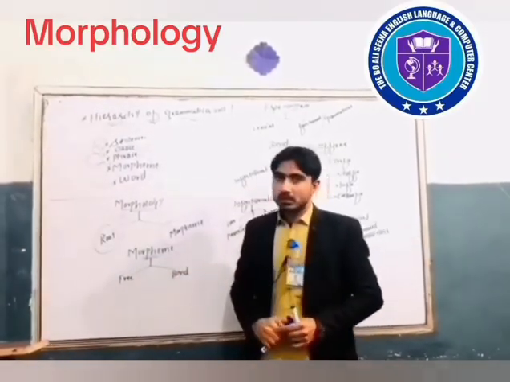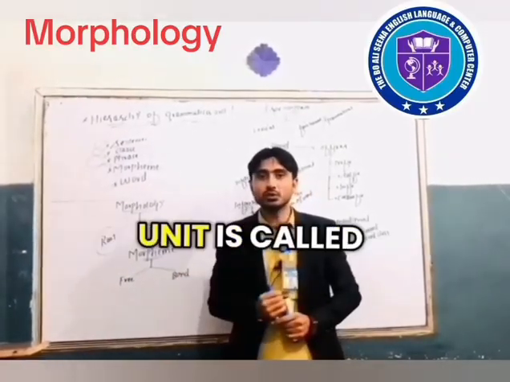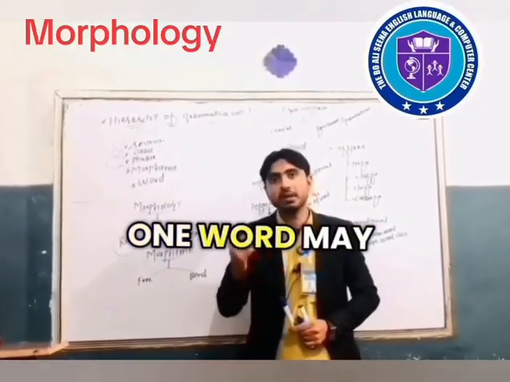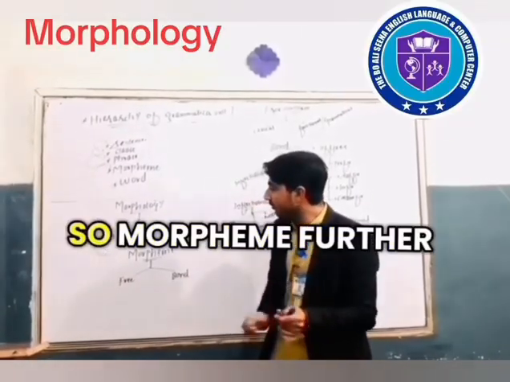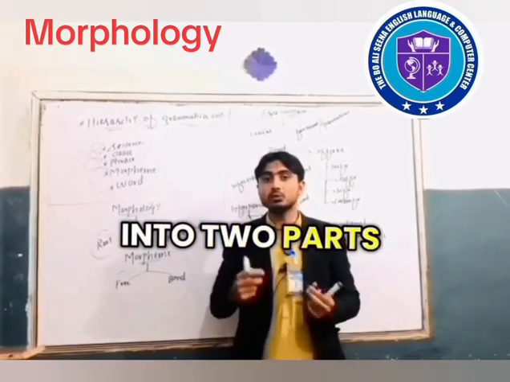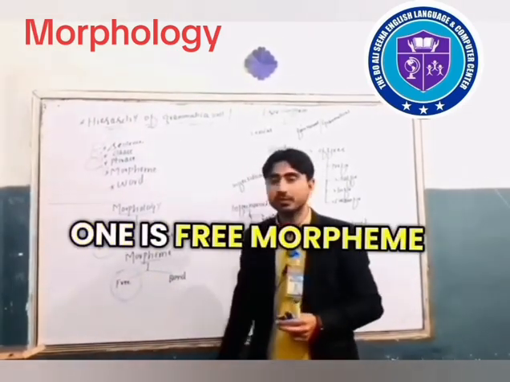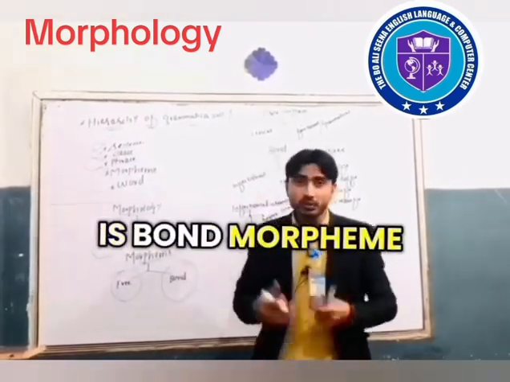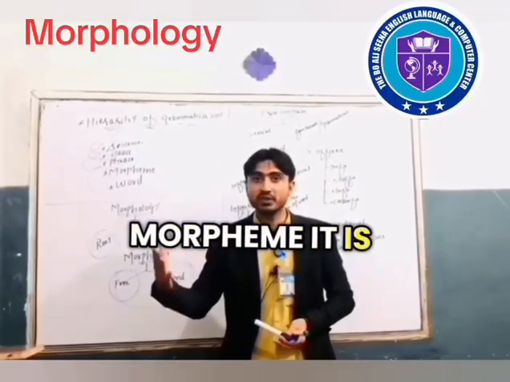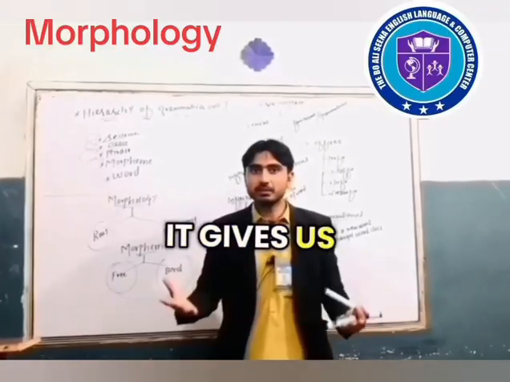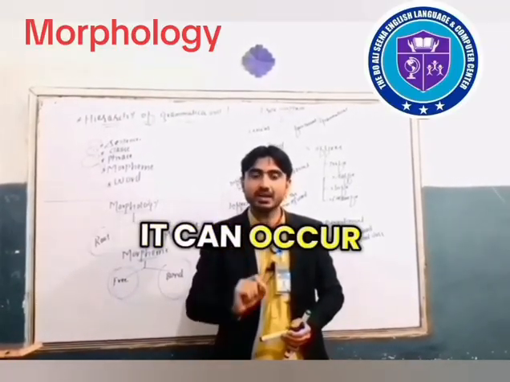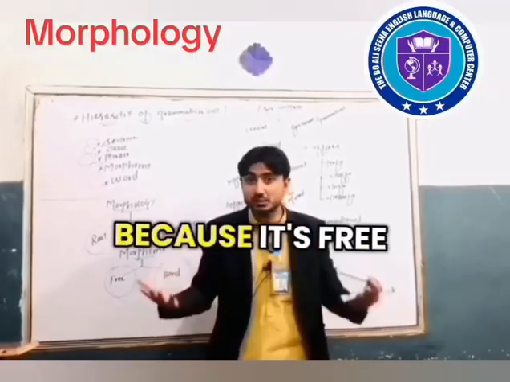What is a morpheme? The smallest meaningful unit is called a morpheme. One word may have one morpheme, or more than one morpheme. Morphemes are further classified and divided into two parts. The first one is free morpheme, the second one is bound morpheme. What is free morpheme? What is bound morpheme? A free morpheme is free. It gives us clear meaning. It can stand alone, it can occur alone, it can give meaning by itself because it's